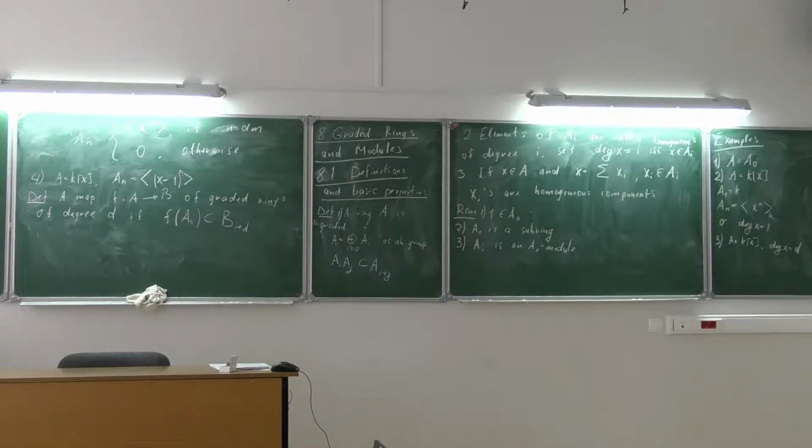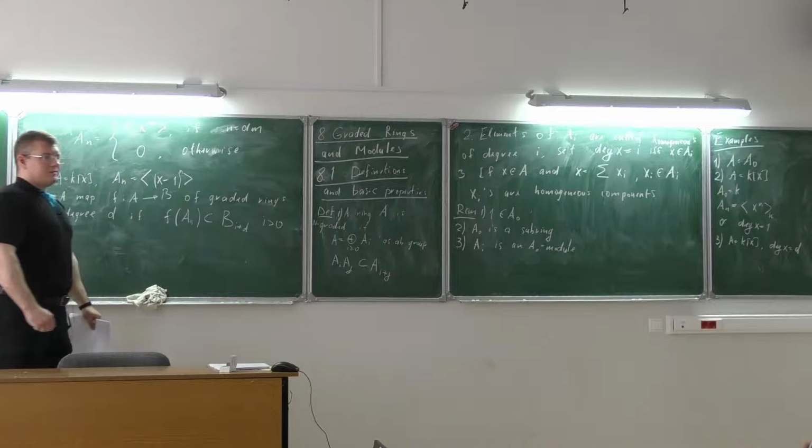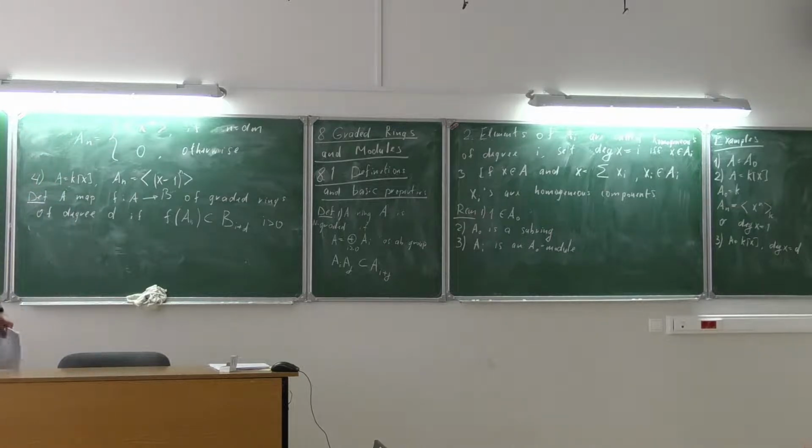Shouldn't it be I times... No, I don't think so. Yeah, now I see that there's a problem with 1, yes. Maybe I need to say that this is for I positive. For all positive I, I have this property. And for